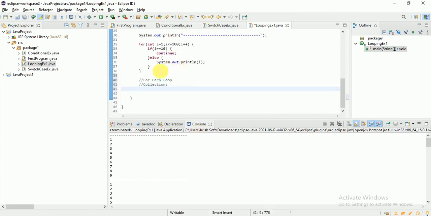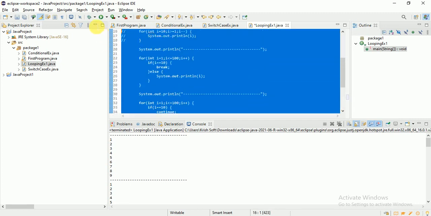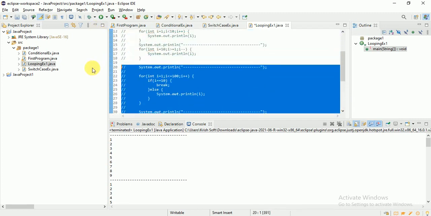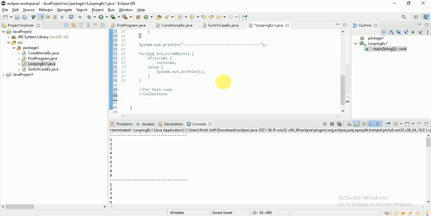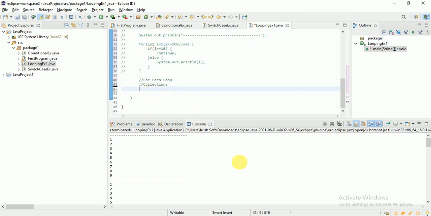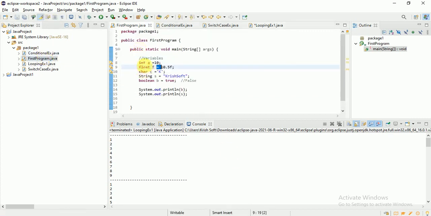Let me comment these two. So now observe carefully. I am taking an integer array. Array means, in a normal variable, see, this is a normal variable, you can store only one value. You cannot store multiple values. But